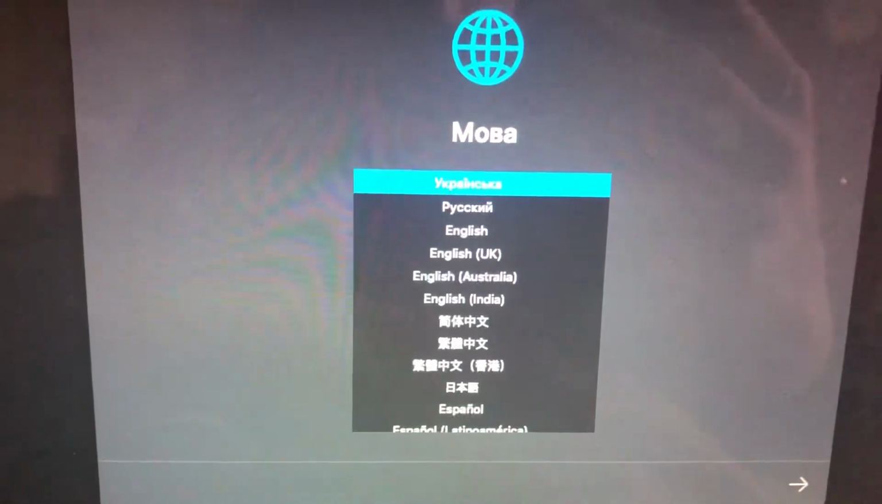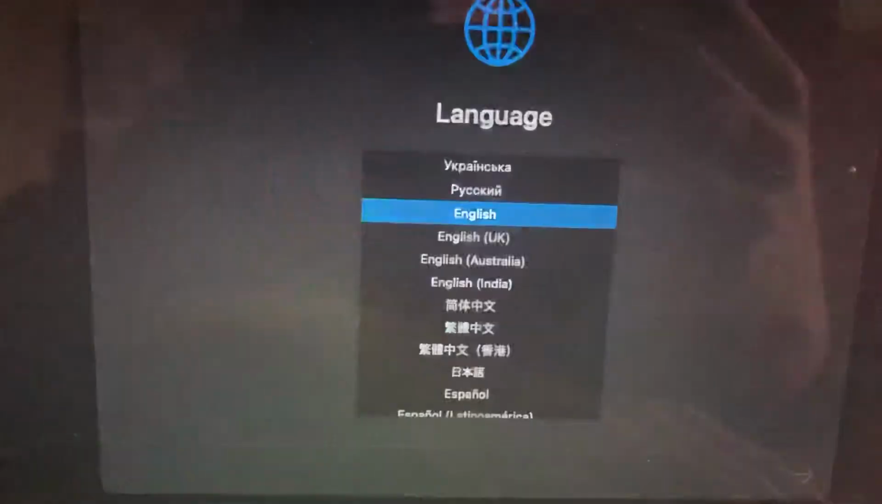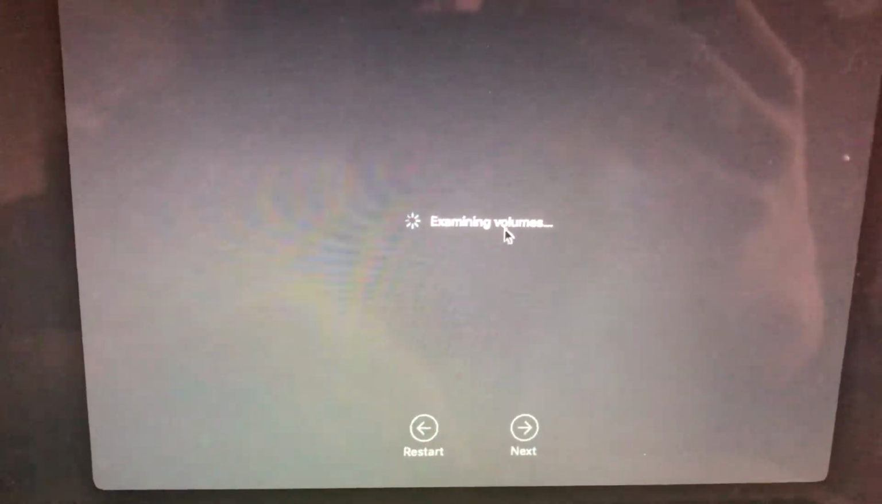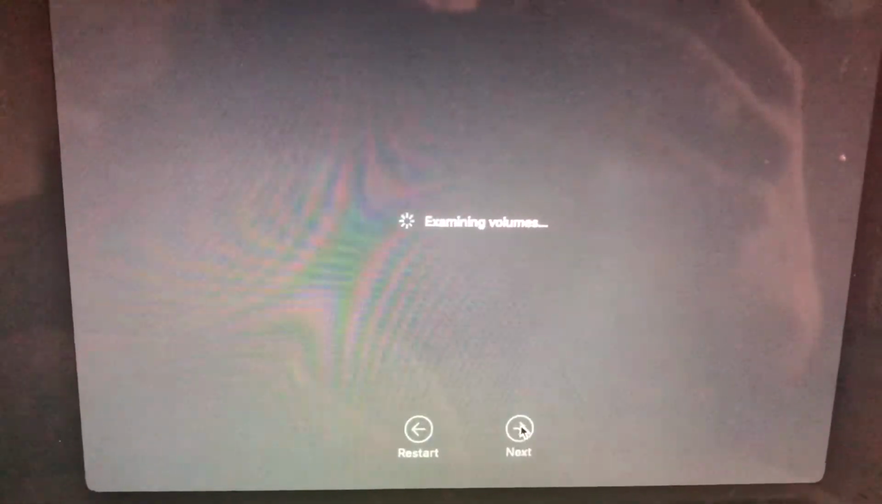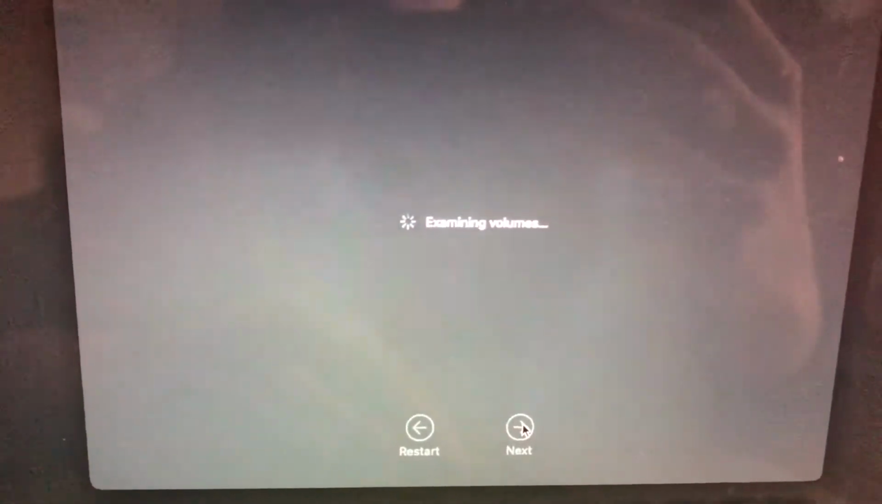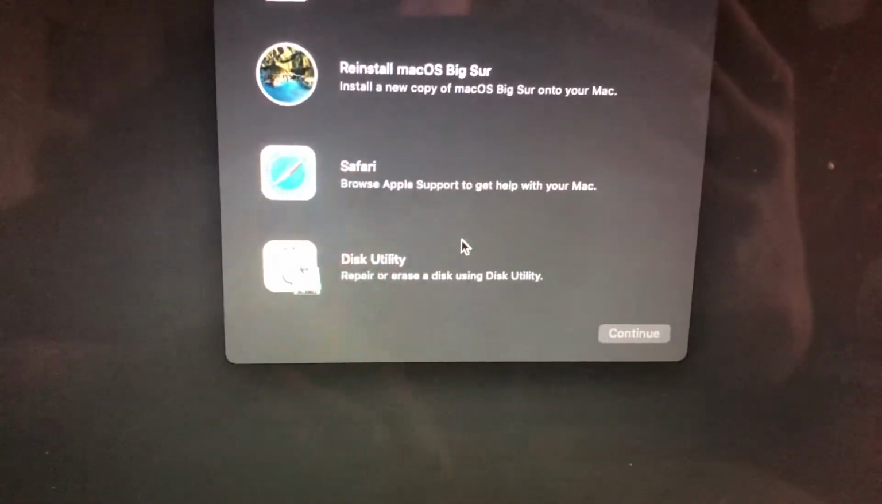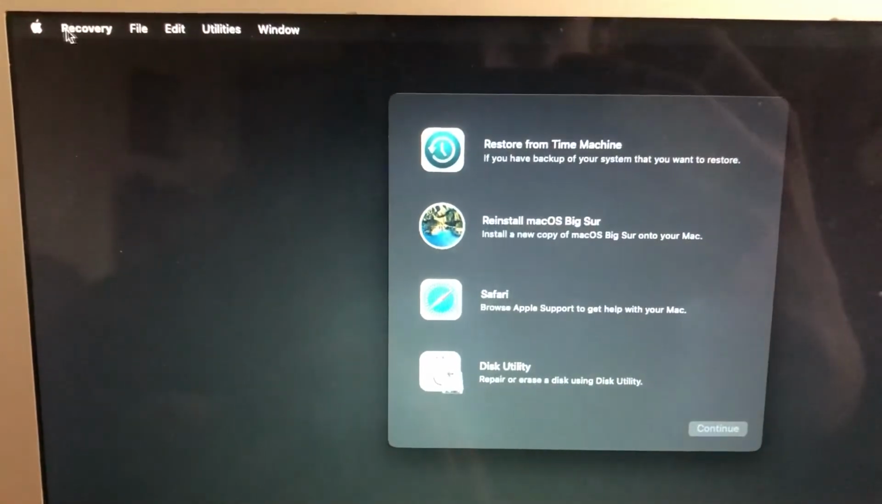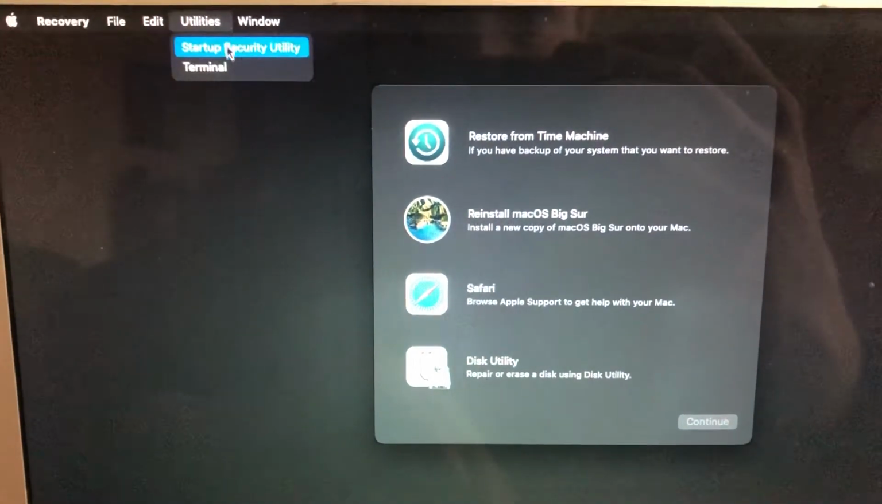Language. Just wait until it examines volumes and tap on next. Go here, go to utilities,